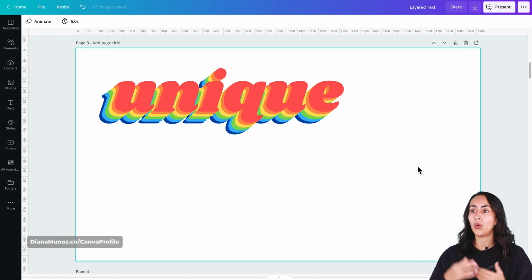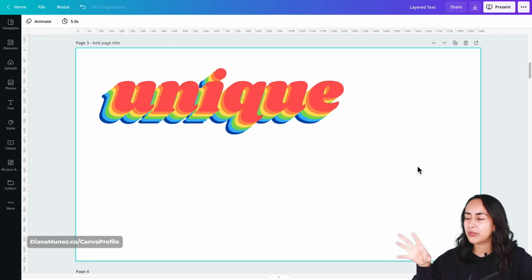This is actually pretty simple to create, pretty easy, but I think it's worth showing you all the steps, and also I'm going to show you 3 different ways in which you can create this effect. 2 are pretty similar and the other one is slightly different, but super easy to create and everything is free. So let's start.